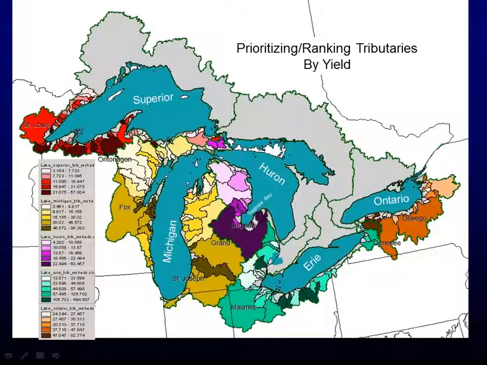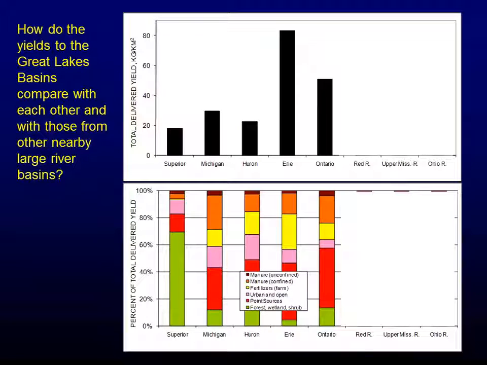Okay. So we can rank it by, let's say, just Lake Michigan, or we could go through and rank each of the individual basins, whether it's all together or each one separately. One of the things we wanted to do then was just sort of see how the Great Lakes compare with the other areas.